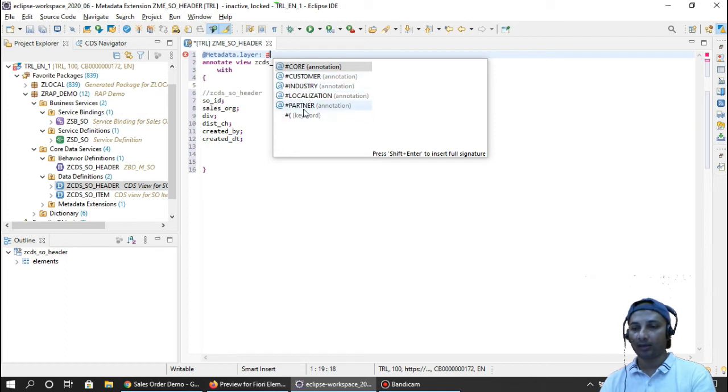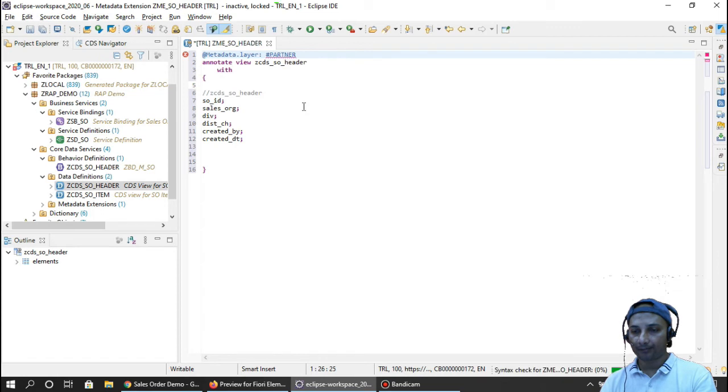So if I have this partner, it automatically takes more priority. If I make any changes over here, they will get more importance than what SAP has offered. So fantastic, SAP has given the provision to take control of that. If you keep it separate in a metadata extension, then only will you be able to leverage this capability. So let's put it as partner.